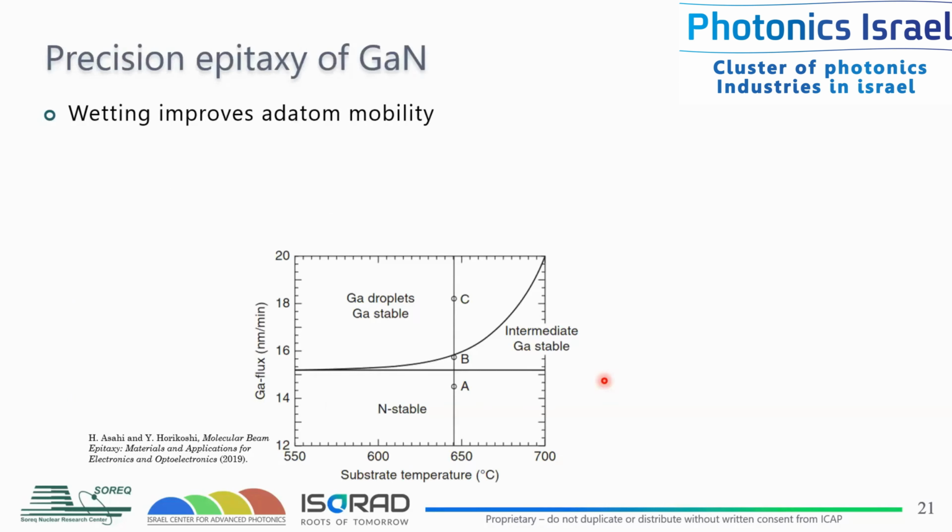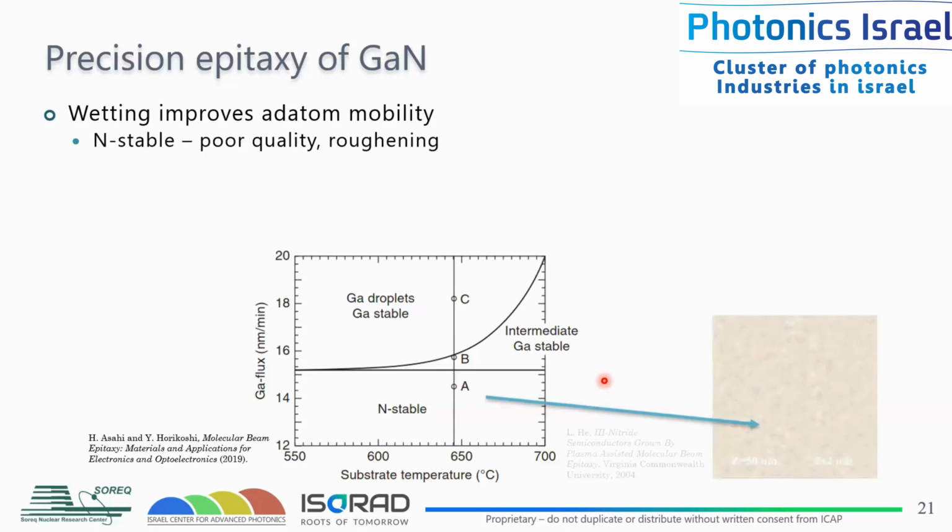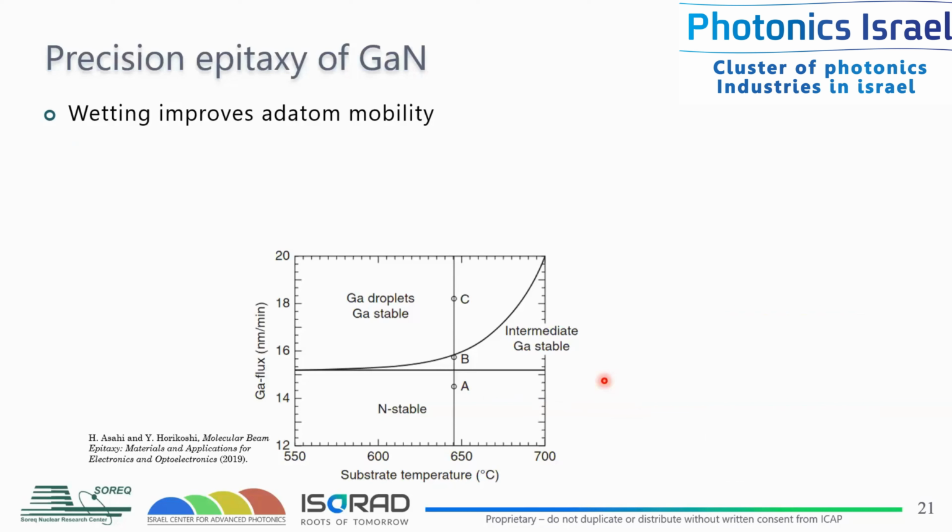So I'll start with the interval growth. In order to understand why interval growth is useful, the key point is that the surface of the gallium nitride, in MBE, needs to be constantly under a layer of two monolayers of gallium. And the wetting by gallium improves the mobility of atoms on the surface immensely, and so improves the